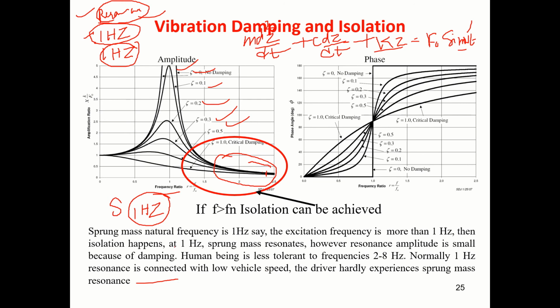You see here, why 1 Hertz only? The reason is that the natural frequency tolerated by most human beings is around 2 to 8 Hertz. This is the frequency many of our body parts, including the brain, have. If we excite between 2 to 8 Hertz, then there will be a problem. So that is why we keep this outside that range, say at 1 Hertz. If, by chance, I made the car natural frequency something like 3, definitely the occupants would have lots of difficulty. Right.